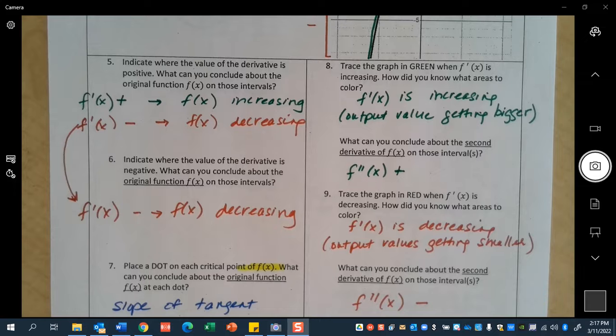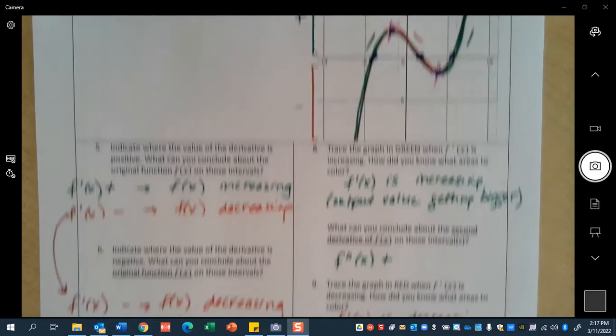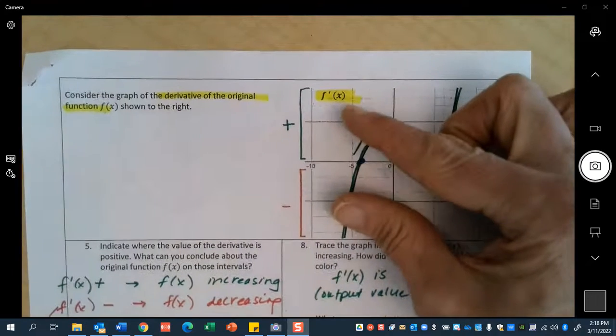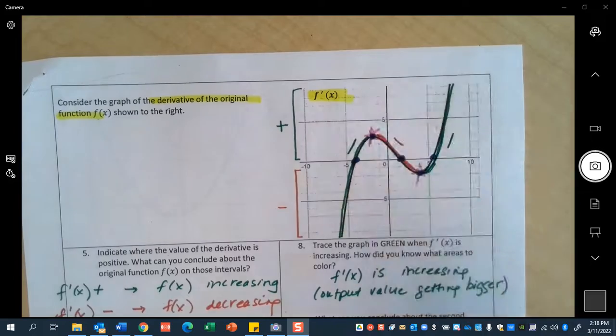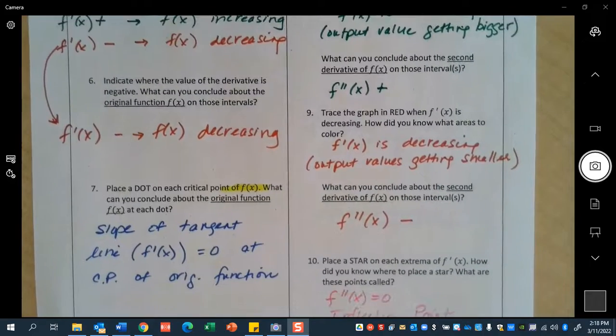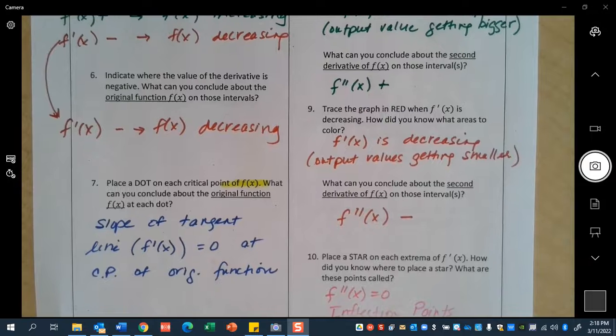Because on 5 and 6, I'm just questioning 8. So 5 and 6 just has to do with this positive and this negative. So we're okay with that. All right. So now on 7 it says place a dot on each critical point, and this is where I